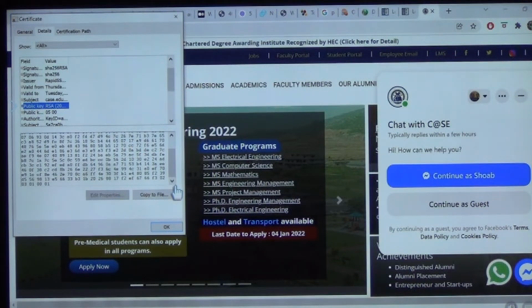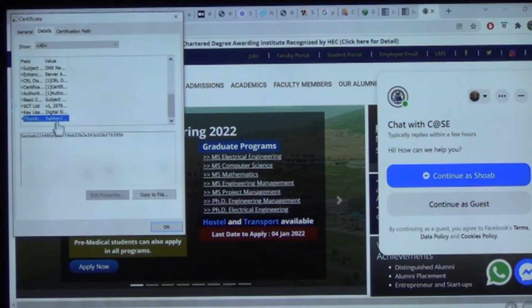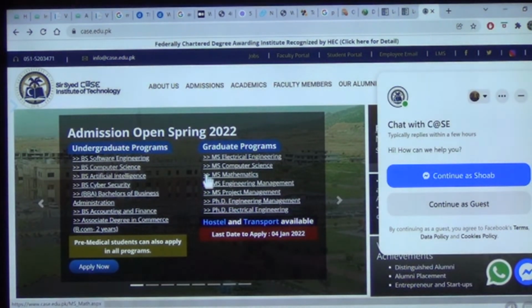So anybody who wants to check whether this information is coming from case or not, because अब जितनी information case की website से जाएगी, it is all encrypted. So all the information which is going from the case website is encrypted, and the keys are exchanged using this public key of case, and he has the public key. It'll encrypt it with case private key, which is not here, and then the person will open it using this, और उसके ऊपर फिर सिमेट्रिक एन्क्रिप्शन चलनी शुरू हो जाएगी, और इसी में कहीं उसका सिग्नेचर पड़ा होगा, ठीक है ना, ये इसका थंब पड़ा हुआ है अपेरेंटली. So this is how, and you can copy it to a file as well, the entire certificate.